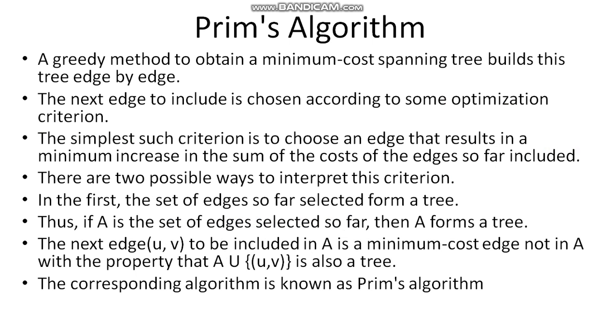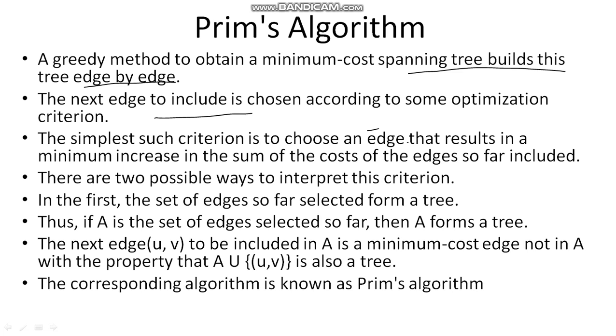First of all, let us try to understand what Prim's algorithm is. Prim's algorithm is a greedy method, and it is used to obtain a minimum cost spanning tree. What we are going to do here is construct a minimum cost spanning tree edge by edge. The next edge to include is chosen in such a way that the total cost of the spanning tree increases at the minimum